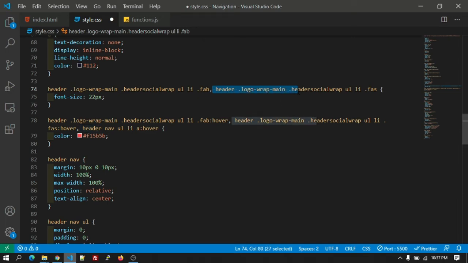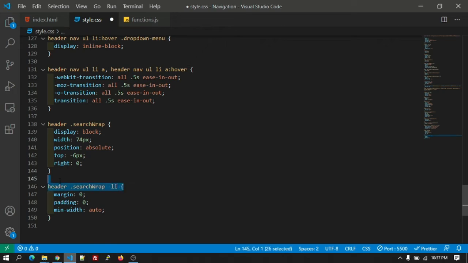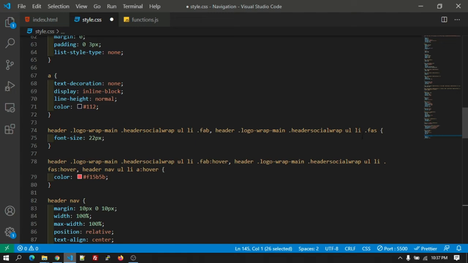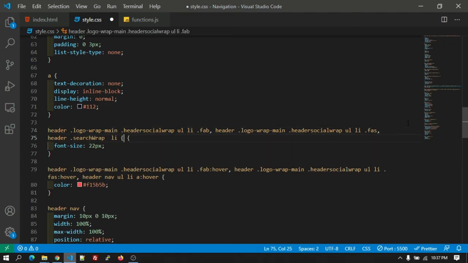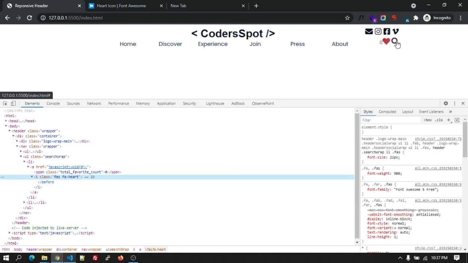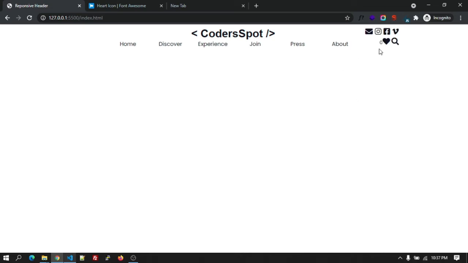So for that, let's copy the class, go up, and let's add the semicolon and fast. Okay, so it is increased to 22 pixel. The animation is also already added.